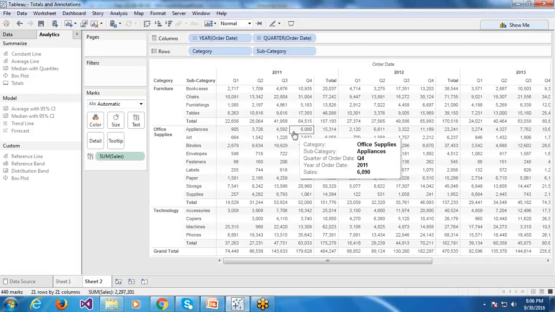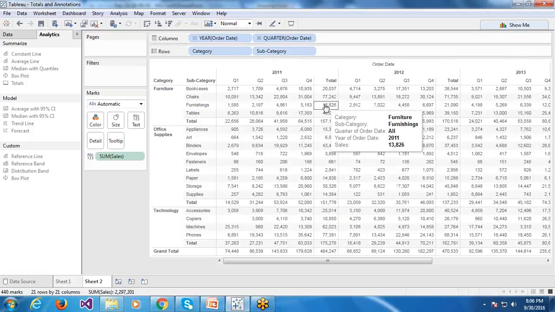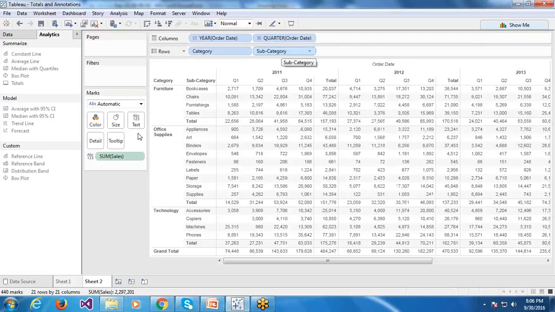That time you have to first enable totals for that, then add this dimension. Okay, let me save this.